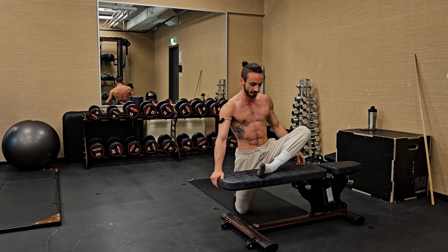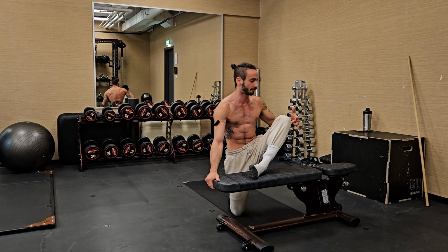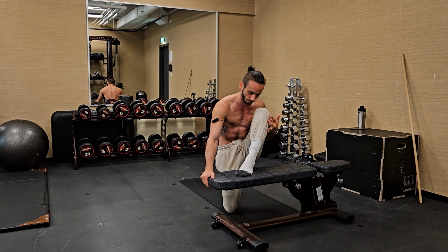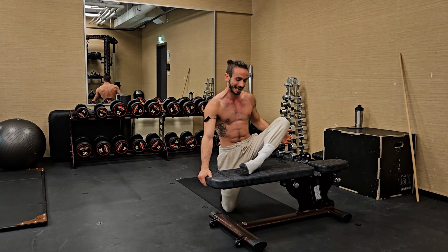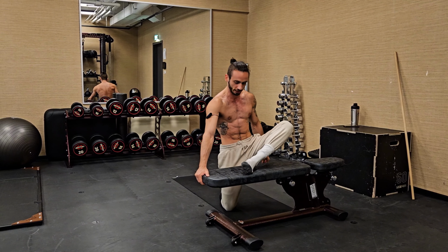So if your movement is this, don't worry about it. Again, this is why we do those exercises, so we can over time have the necessary strength, control and mobility to come up all the way here and reverse internal rotation, flexing, external rotation into relaxation. Now the next exercise is going to require a little bit more strength and is going to combine hip strength